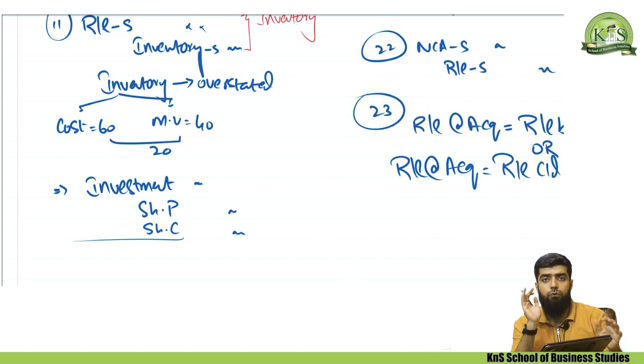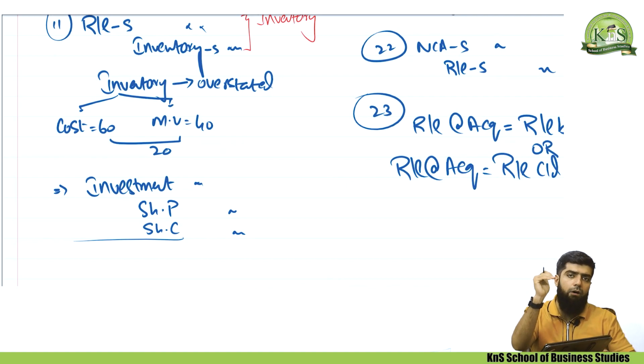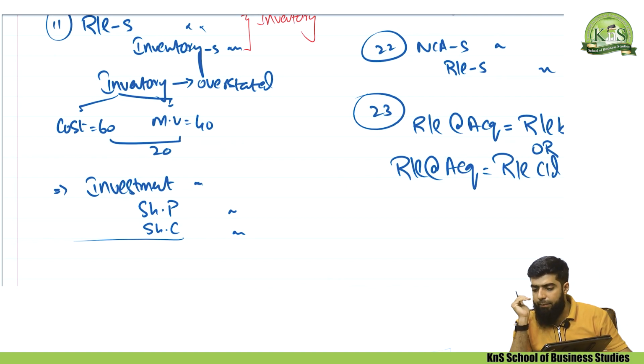Now, why am I focusing more on the entries? One thing you should keep in your mind: once you have a question on the consolidated statement of financial position, what I recommend to all my students and candidates is to make adjusting entries on a rough paper. What will be the benefit of it? For example, while calculating the amount of goodwill you had an impairment loss, so you deducted the amount of impairment loss while calculating goodwill.